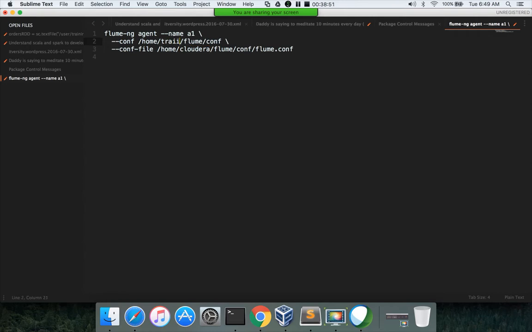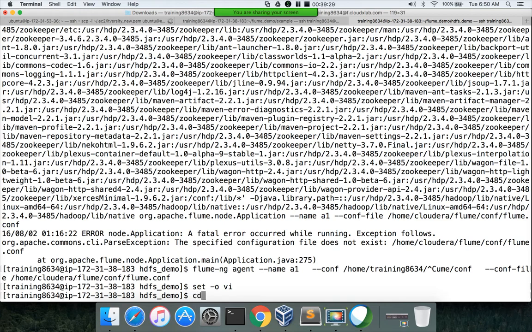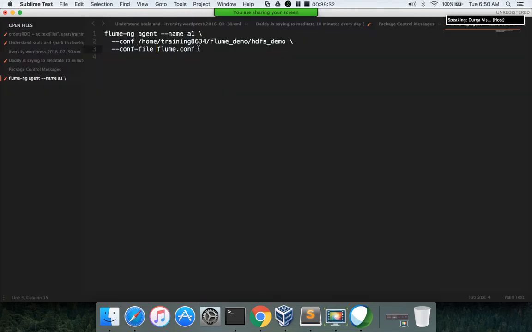Okay, so it's training8634, flume_demo, hdfs_demo. Actually, I don't need to give this path. Already we have given it. So you can be in any directory, as we have already given the configuration directory.